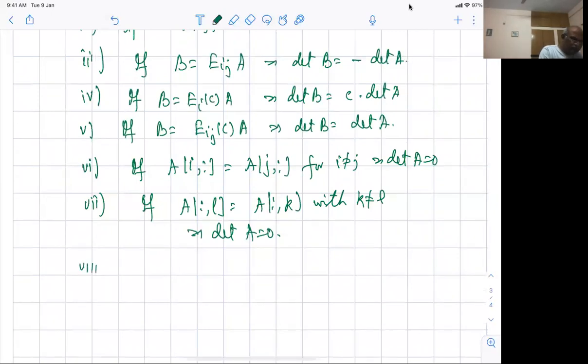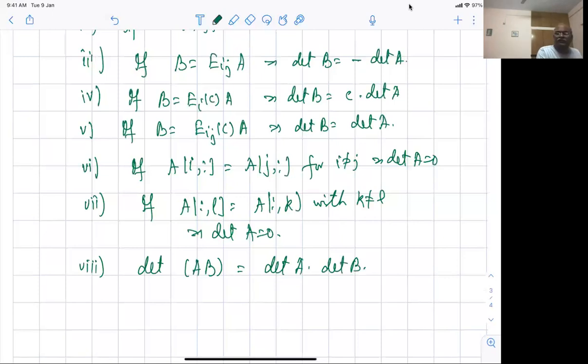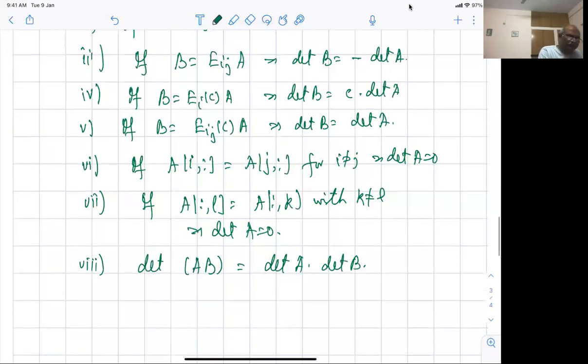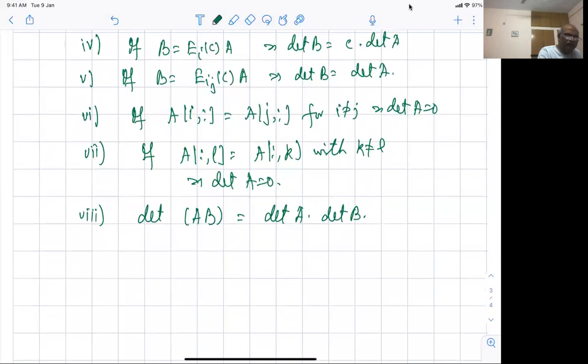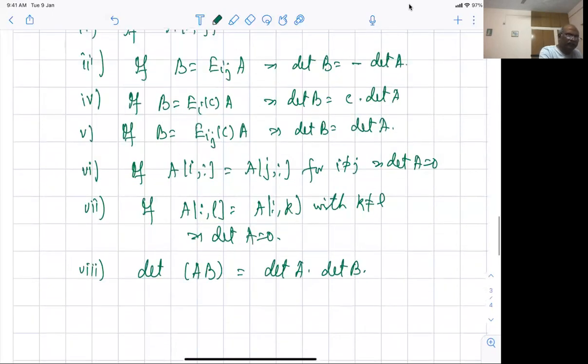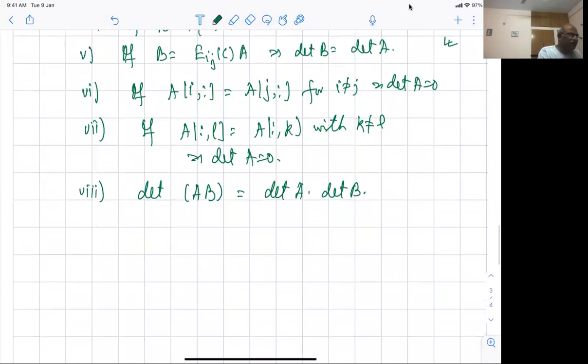The other thing which is important is what is called the determinant of the product. The determinant of AB is the same as the determinant of A times the determinant of B. We'll try to give the proof of some of them in the assignment. All right. But I would like you to know that this is very, very important, and you can see that this is happening here for elementary matrices, and we know that every invertible matrix is a product of elementary matrices. So we can successively do it.